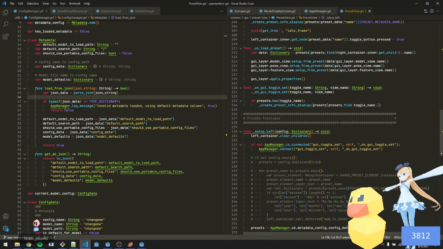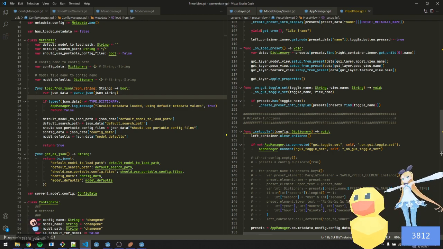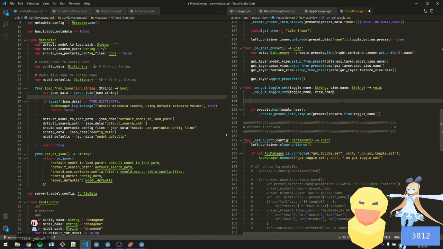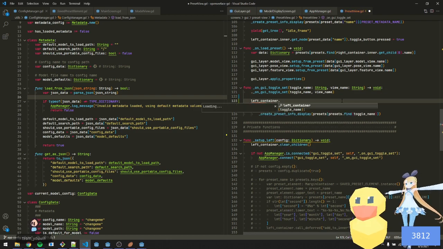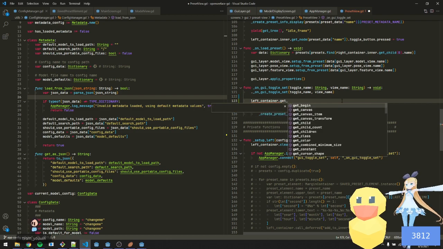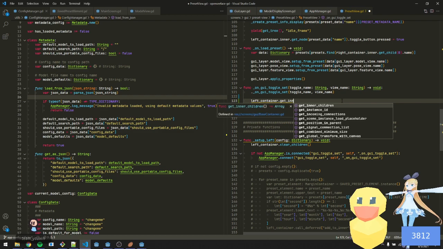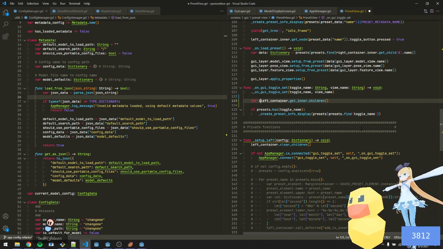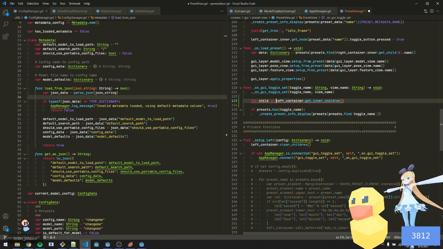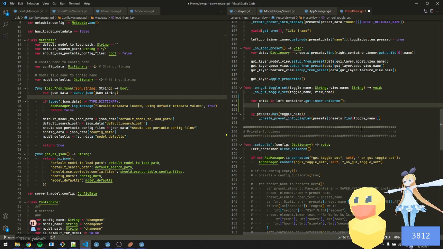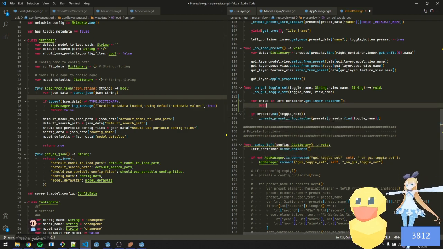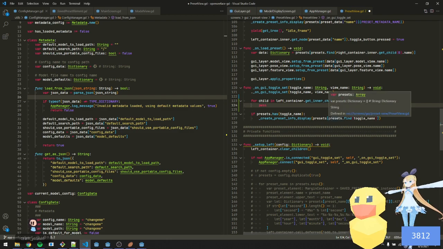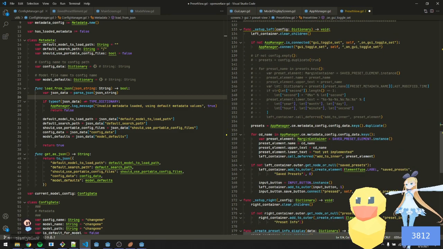Alright, so what if I do this? We do left container. Let's see. Get inner children. And get inner children would give me an array. So this is really inefficient, but that's fine. For child in left container get inner children. That'll give me an array of all of the labels, right? And then we can check to see